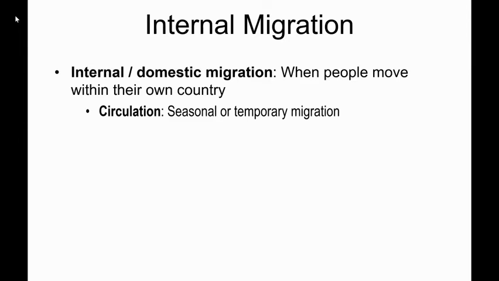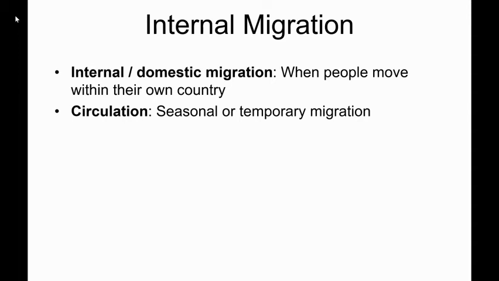Now, there are some different types of this, and circulation doesn't have to be internal migration necessarily, but usually is. But if you're like I talked about earlier with the example of you come up and work from Mexico to California in the orchards in the spring, and then you leave after the harvest season to go home, and then you come back next spring. That's circulation. So circulation, just think of it as not necessarily a circle, but you migrate, you're there for a while, then you come back.